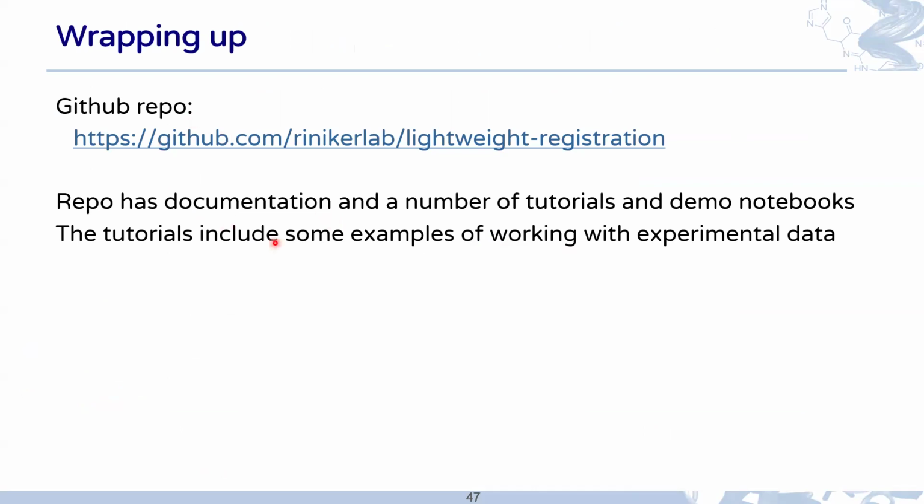So that's the repo. It has documentation. We have some tutorials and some demo notebooks in there. We're continuing to work on them. The tutorials include some examples of doing registration, but they also include some simple examples of working with experimental data, the stuff that Jessica talked about. We're trying to figure out